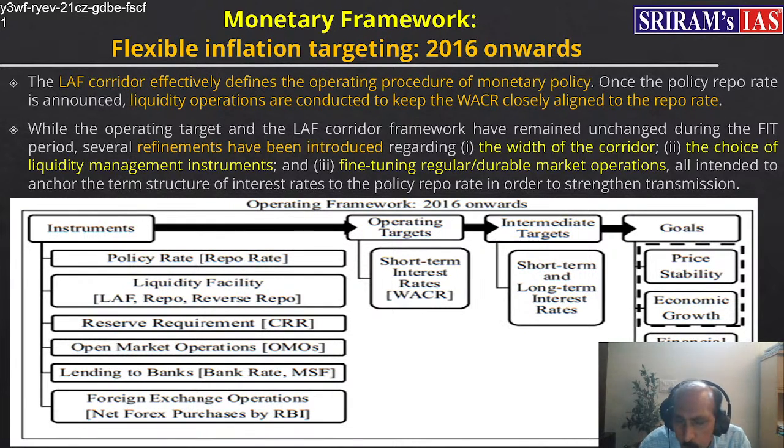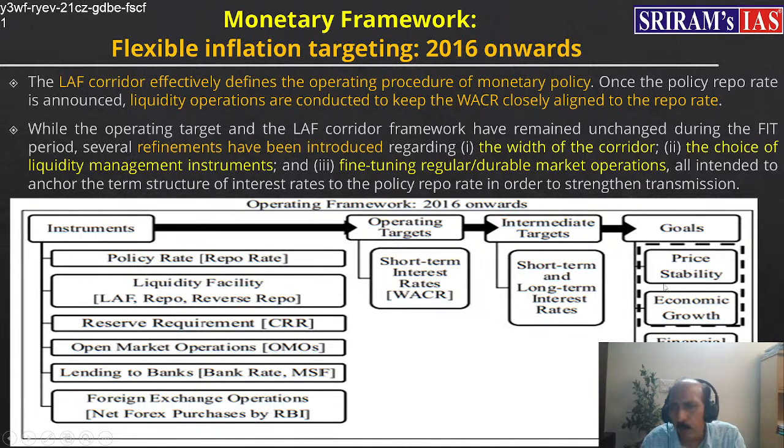The rate which banks are charging from the consumers or customers is called the lending rate. And that lending rate should be changed immediately when the interbank money market rate changes. And if that rate changes, it will impact the demand for credit by the consumers and the other customers or business organizations. And that will lead to a fall in the demand, and that will be able to control the inflation, price stability. And as I said, the target is to maintain the price stability, keeping in view the growth objective. They cannot take the measures which will retard the economic growth, which will adversely impact the economic growth. Economic growth has to be kept in view while maintaining the price stability, and therefore